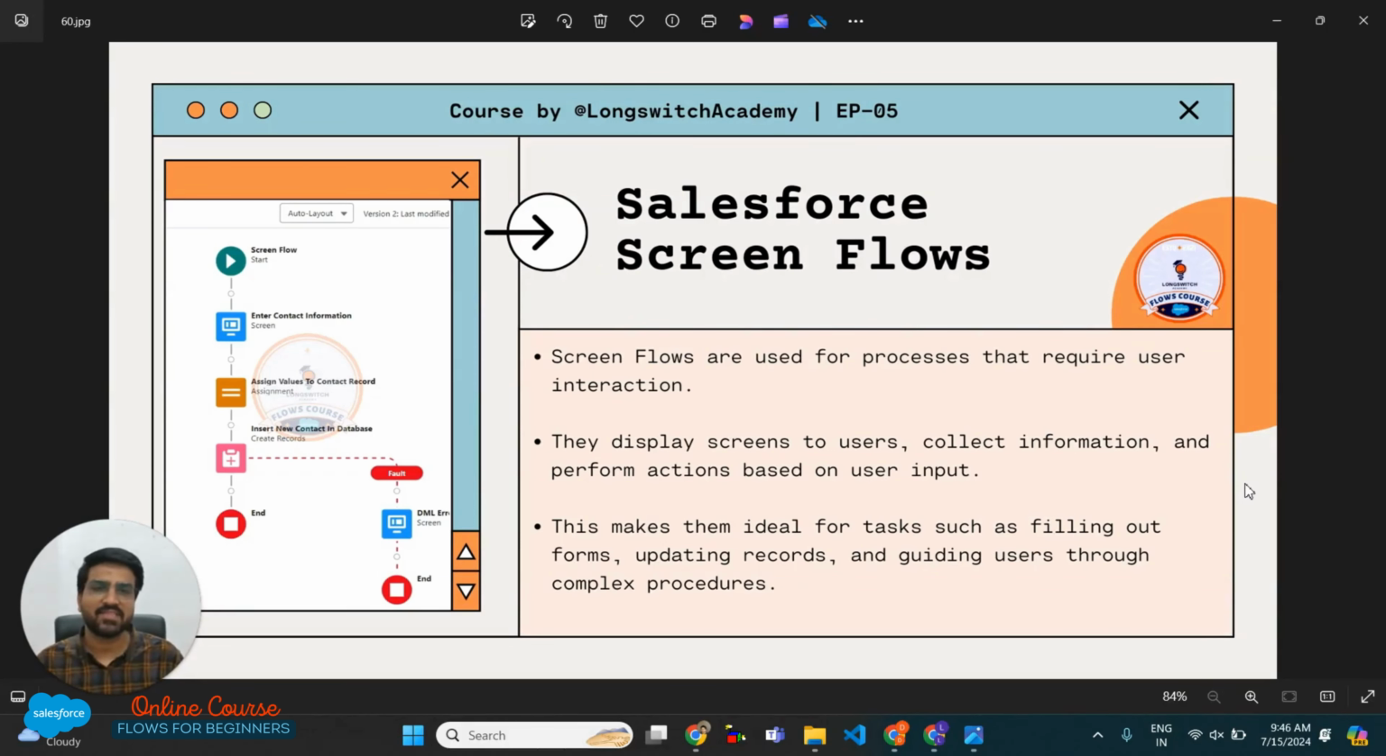Let's get started with creating our first Salesforce screen flow. If you have watched our previous episode, where we talked about different types of Salesforce flows and explained in detail what Salesforce screen flows are, in this episode we will be creating our first screen flow. Before we even start creating our screen flow,